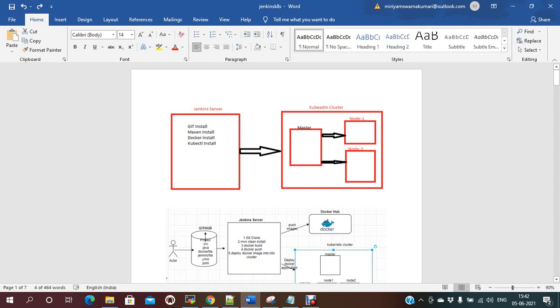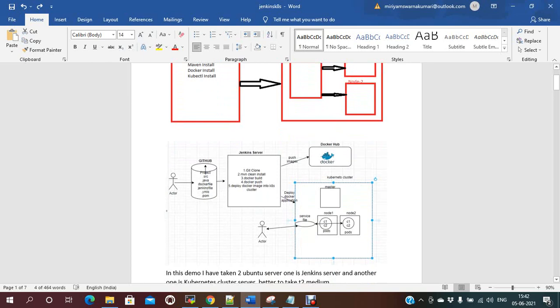In the Jenkins server, we are going to build the Docker image and push that image to Docker Hub, and in the Kubernetes cluster using Jenkins, we are deploying our images. It will pull the image from Docker Hub and create the container pods.